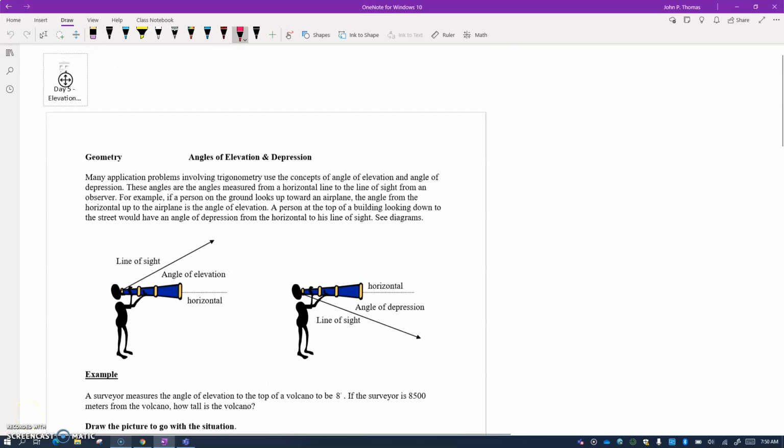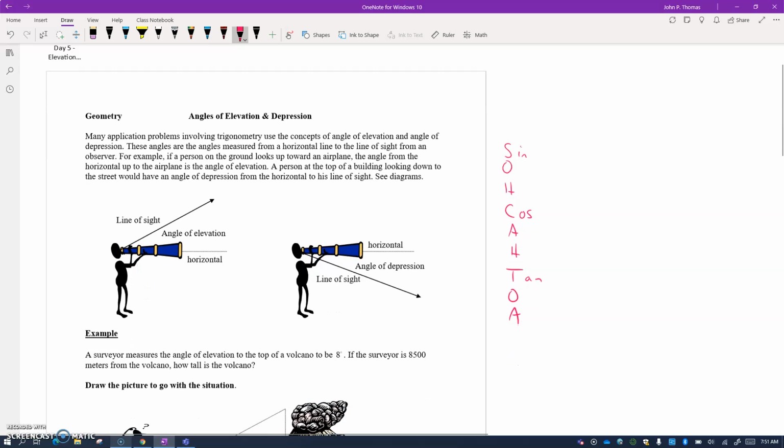All right, so today we're going to take a look at a section on application of trig functions. So there's really going to be no new math, so to speak. It's just going to be applying that math to word problems and different applications that we see. And we're really still going to be focusing on sine, cosine, and tangent. So we want to keep in the back of our mind our SOHCAHTOA. All right, because that's going to help us remember that sine is opposite over hypotenuse, cosine adjacent over hypotenuse, and